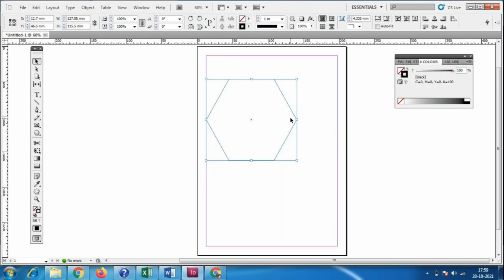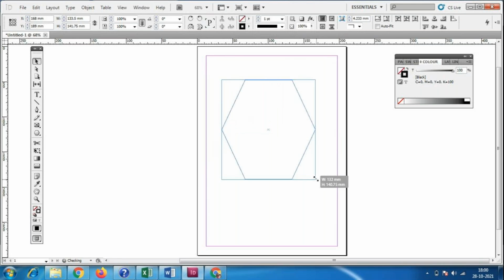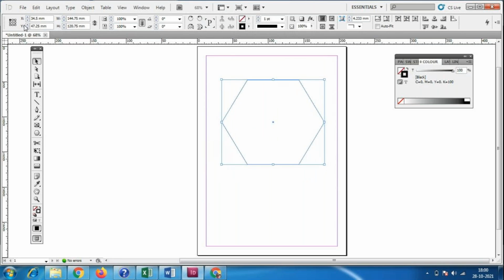I will select this one, and there is an option in the Properties window. Whenever you increase or decrease the size, the values for width, height, and the x and y direction will change, in millimeters.